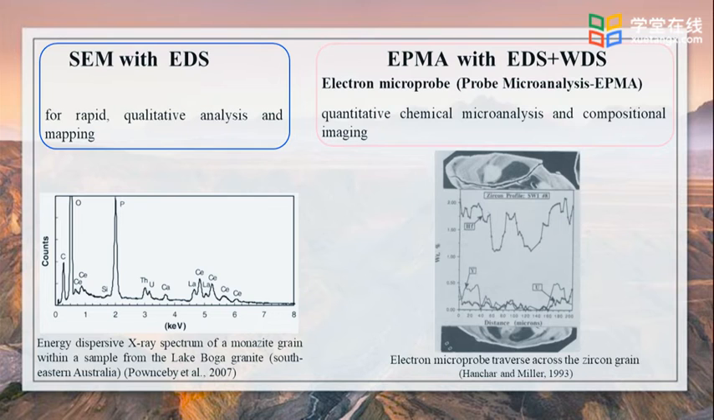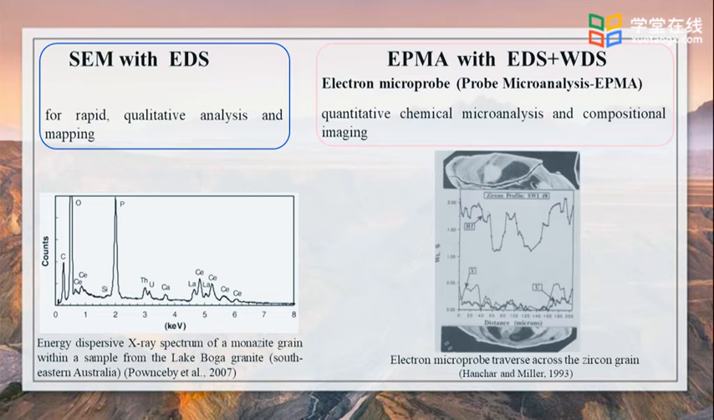X-ray spectrometers attached to scanning electron microscopes are usually of the EDS type, though sometimes a single multi-crystal WDS is fitted. A scanning electron microscope equipped with an energy dispersive spectrometer is excellent for rapid qualitative analysis of unknown samples. Like the SEM,